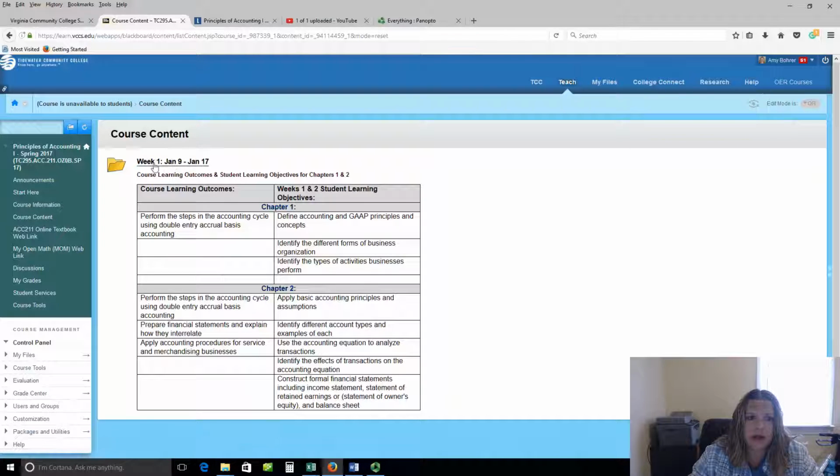Under course content, you'll see the week. You'll see which chapters you're covering that week. You'll see the course learning outcomes that correspond to that chapter, and the chapter learning outcomes that correspond to that chapter. Then when you click to open the folder,